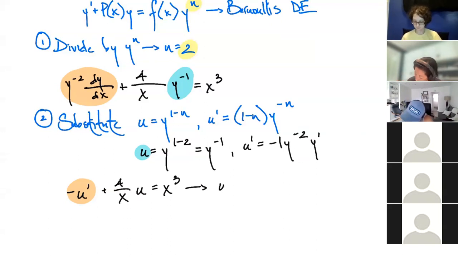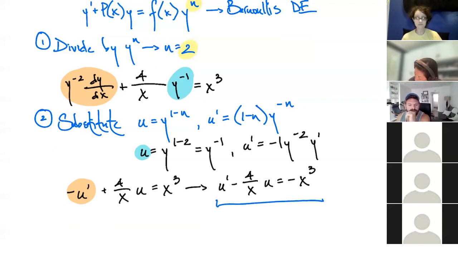And that's going to give me u prime minus 4 over xu equals -x cubed. So what we've done right now is we've turned Bernoulli's equation into a linear